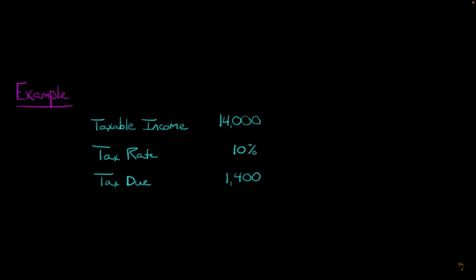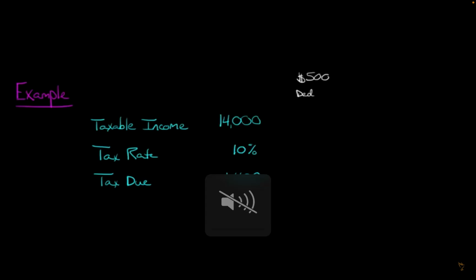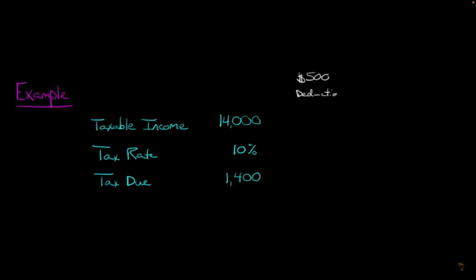Now, I want to introduce a $500 deduction, right? So let's say that you have a $500 deduction, and let's see how that changes things, okay? Now remember, we said that deductions reduce taxable income, right? So because we've got a $500 deduction now, we're going to take $14,000 and subtract 500, right? Subtract the deduction, and that's going to give us